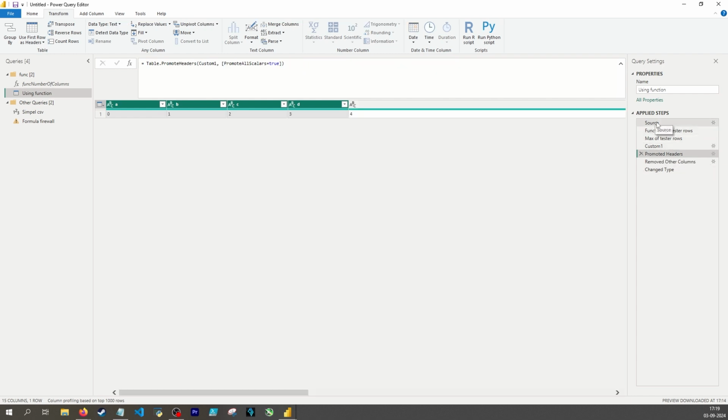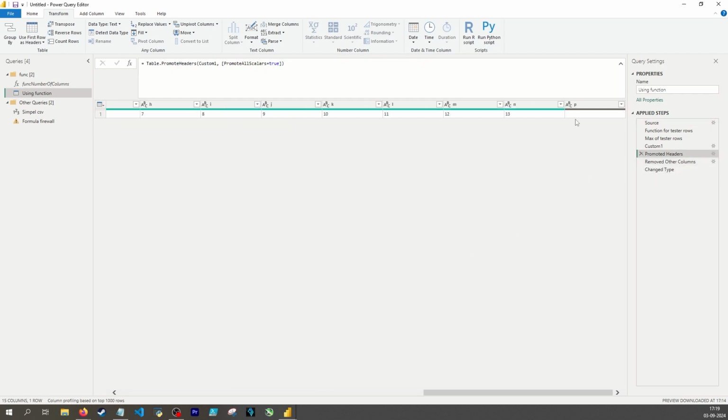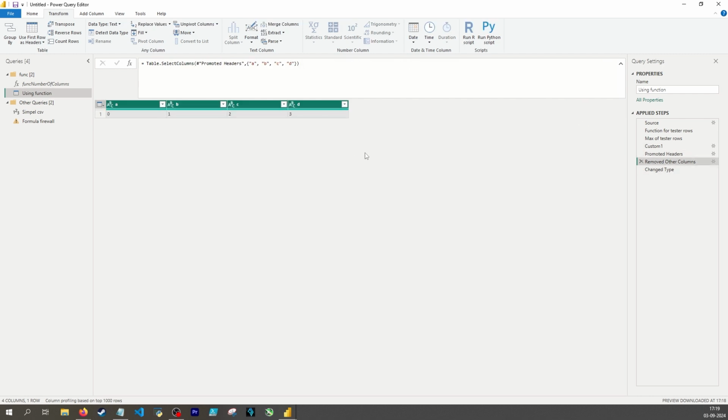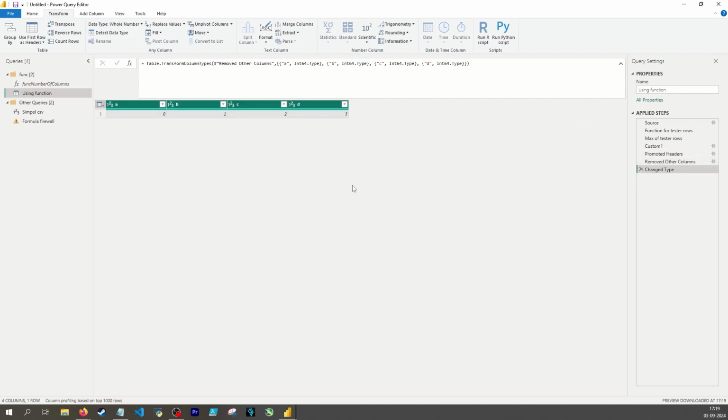So this solution will only decide how many columns to include from the CSV. It can also solve the problem of getting too many columns, because I assume you want to include them all, and then you need to deal with the ones you don't want, which you then have to remove and then deal with typing. So, yep,